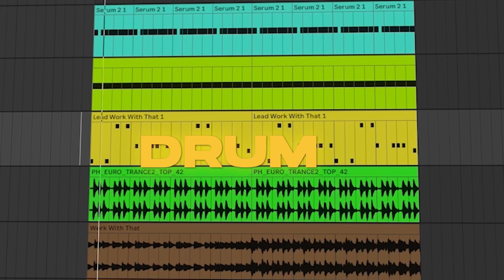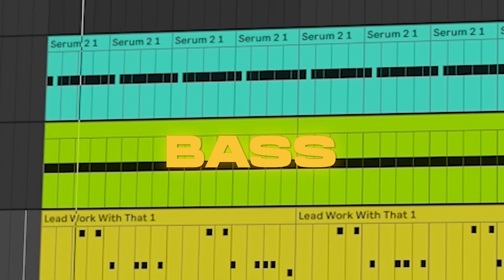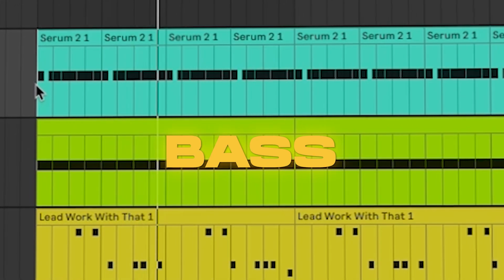This track is made up of 4 elements. Firstly, the drums, the bass, the lead,